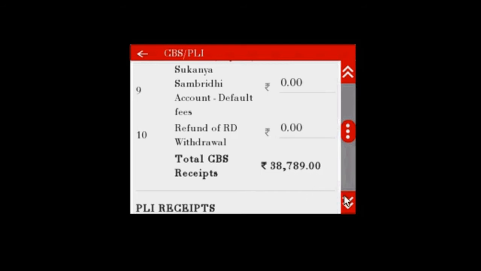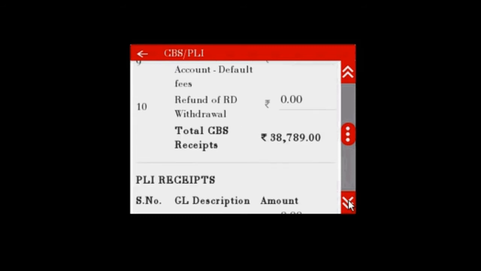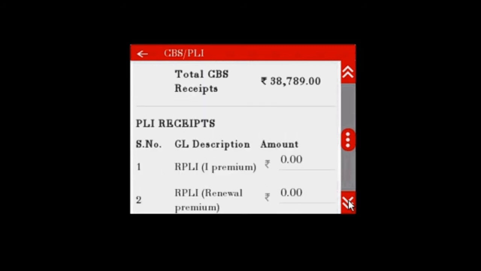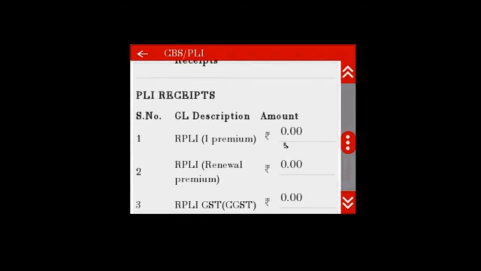Now, total CBS receipt is there. Now the PLI sanction, PLI premium, that is initial premium. One we have, one indexing is done. That amount is 1913. That amount to be incorporated. That RPLI renewal premium, whatever renewal premium is there, will make entry.